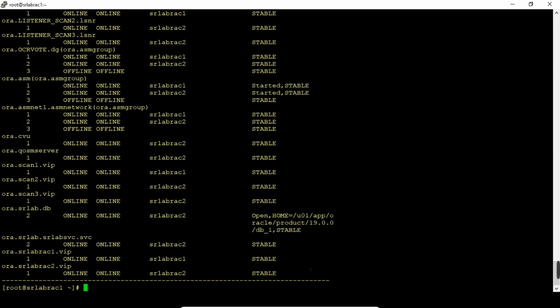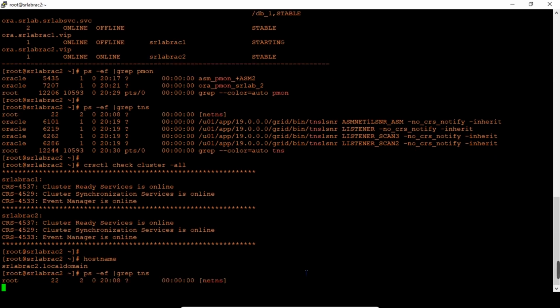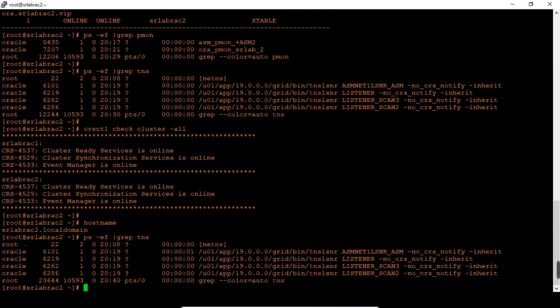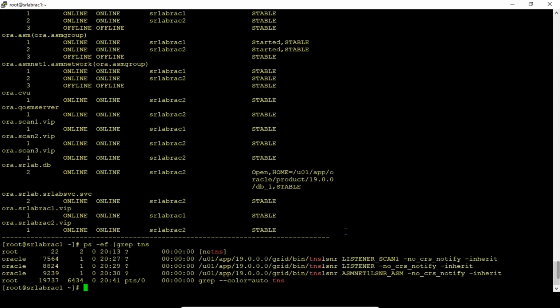What I am going to do first is a failover. Here the listener, scan listener and local listener are running. Scan 1 is running and the local listener is running.